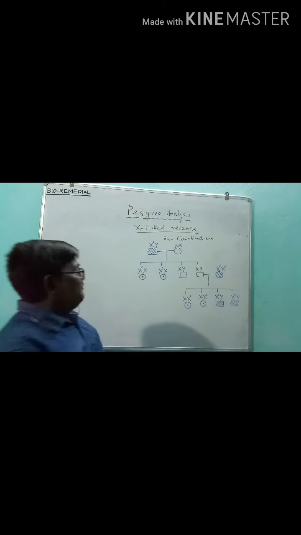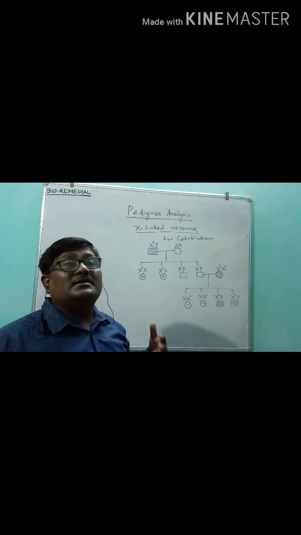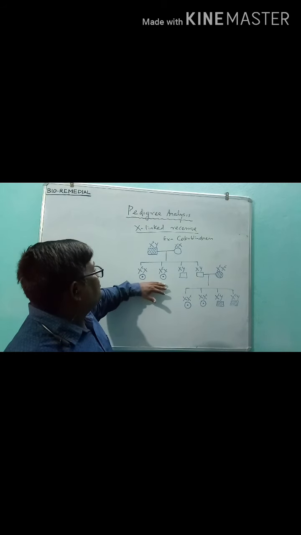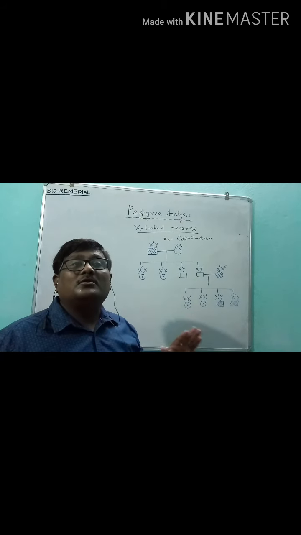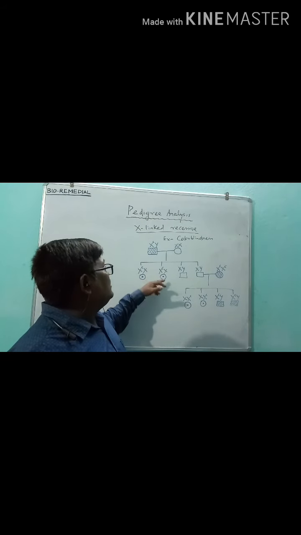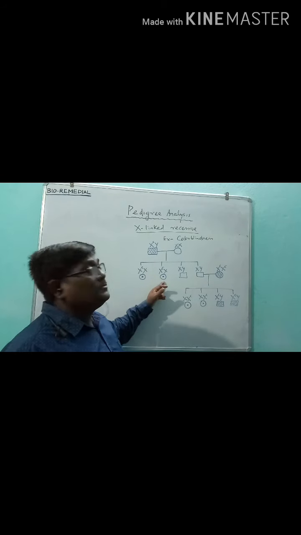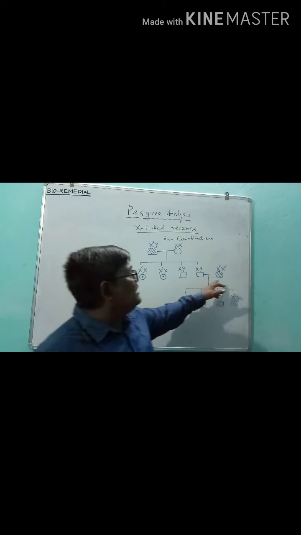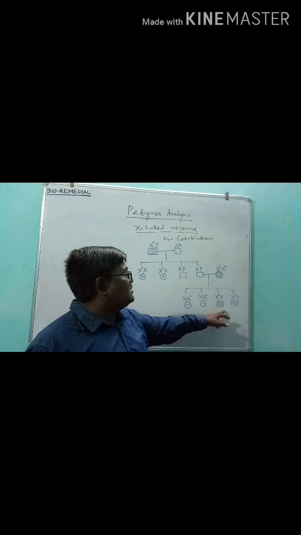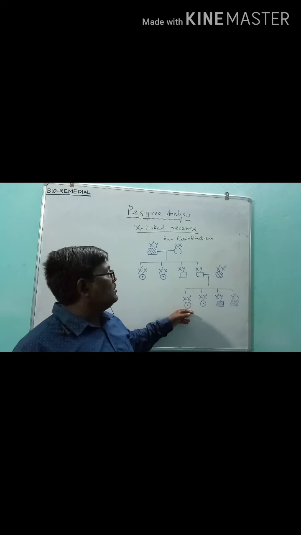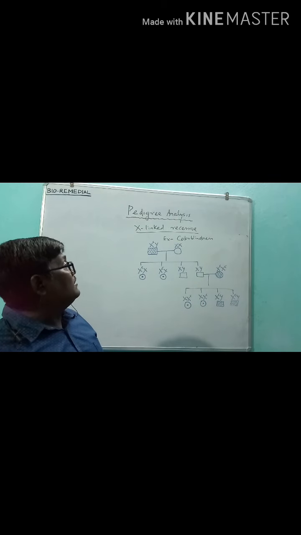Understand? If the father is defective, having a defect gene, then he will pass the defect gene to the daughter. The disease is transferred from father to daughter. Although the daughter does not express it, she is a carrier. But if the mother is diseased, then the disease will be transferred to the son, not to the daughter. The daughter will only be a carrier.